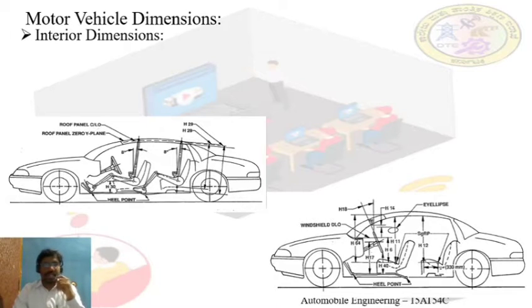Of course, there is what you call headroom, the distance between the head of the driver or a passenger inside the compartment and the roof. Some room should be given for very good accessibility, for getting into the car or getting out of the car.